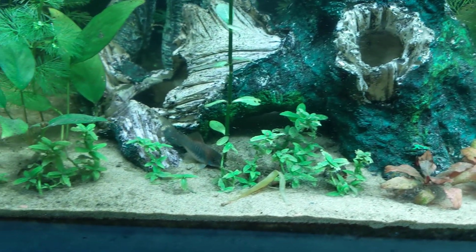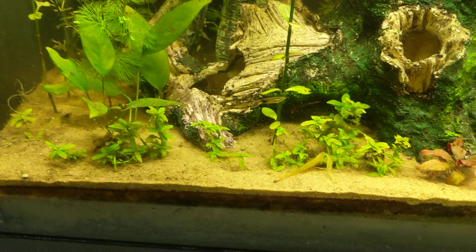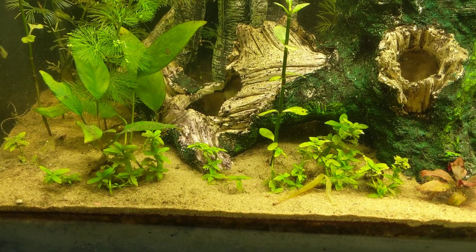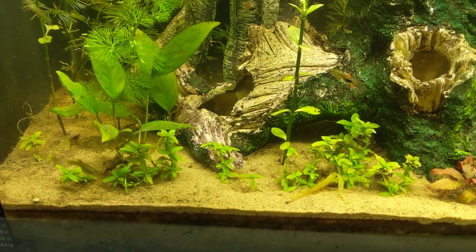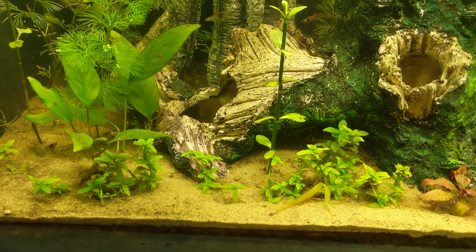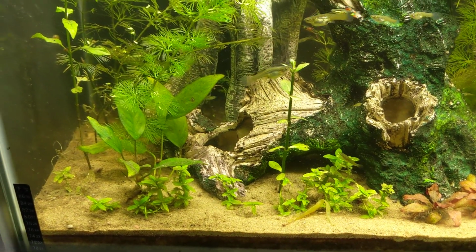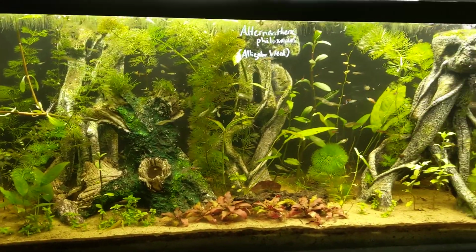Next to it over here, Staurogyne repens. These were started from tissue culture, and they're probably a couple of months old from the time that I put them in the tank out of the tissue culture cup, and they're growing okay. This tank has very low nitrates, which is odd because it's got a pretty large number of fish,